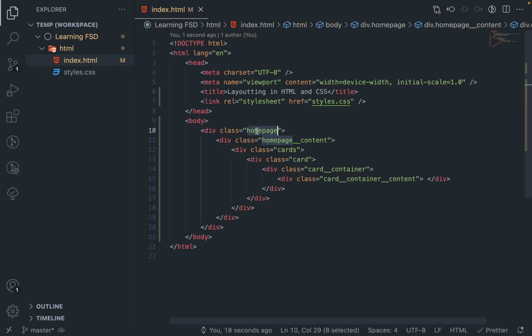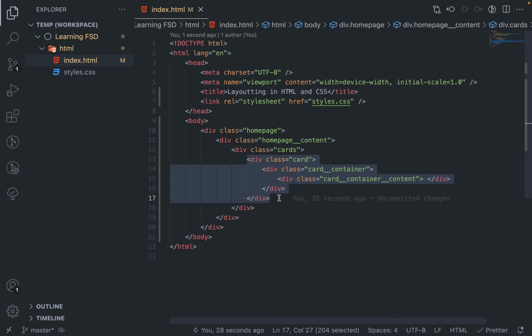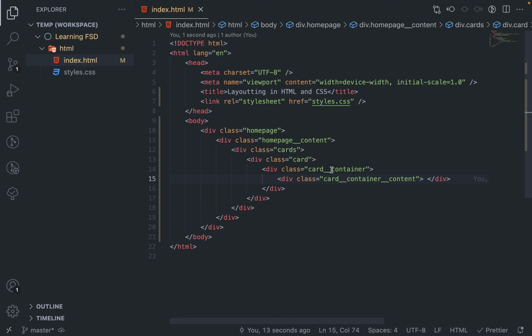So what we are doing, we are basically creating a layer. Then we are creating another layer of content. Then we are creating another layer of card. Okay, and there will be multiple cards actually, like this. And each card will have its own container, and each container will have its own content. So that is how we name them. Okay, because we have to name them as well, right? So container, content, these things are pretty much easy. And however we are doing is we are actually integrating with this double underscore.